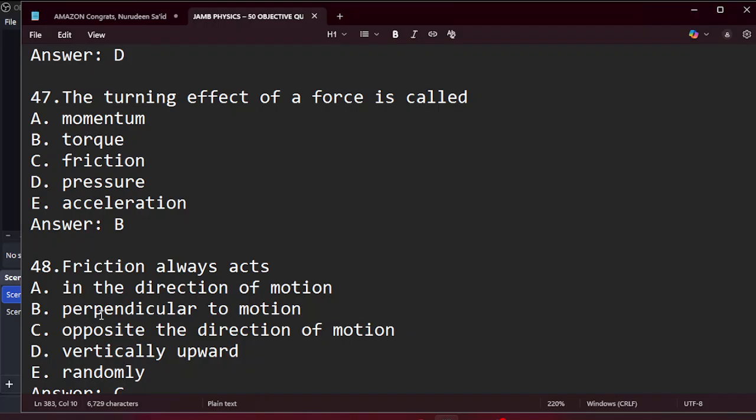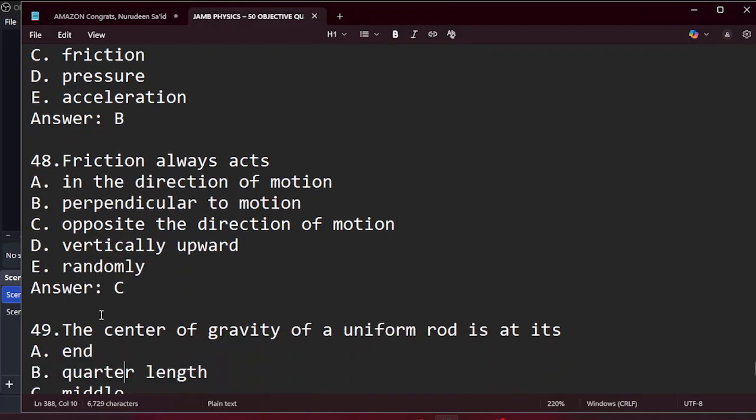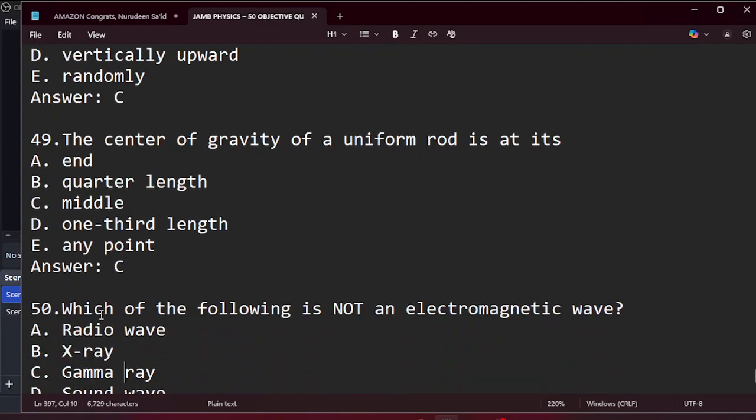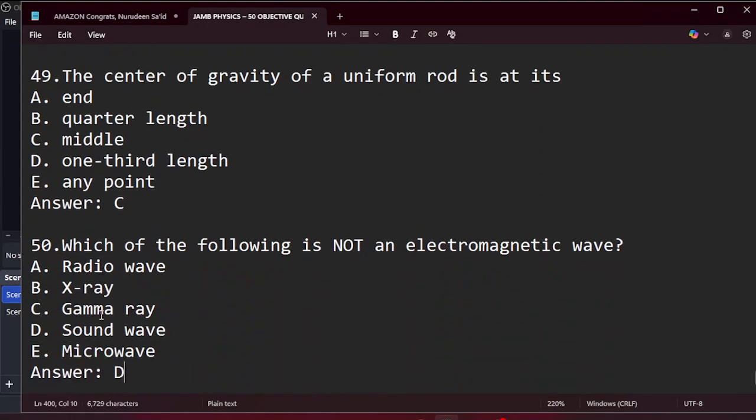Question number 48. Friction always acts A, in the direction of motion, B, perpendicular to motion, C, opposite the direction of motion, D, vertically upwards, E, randomly. The answer is C, which is opposite the direction of motion. Then question number 49. That's the center of gravity